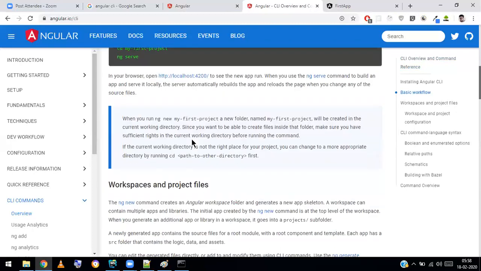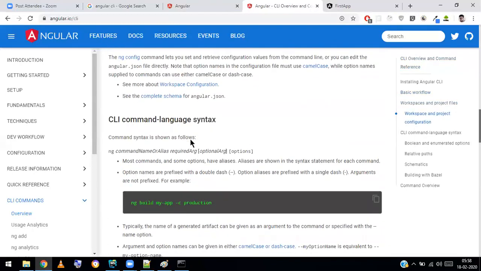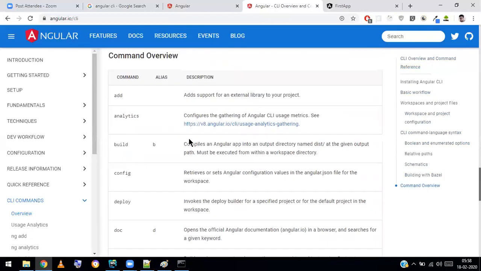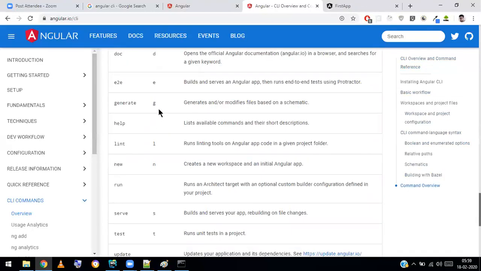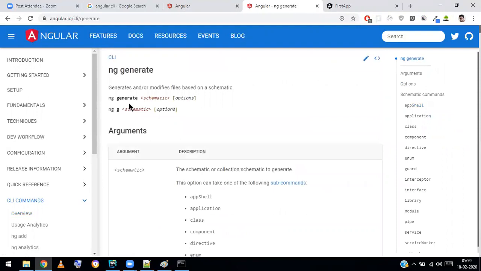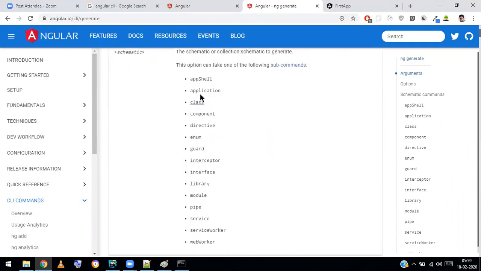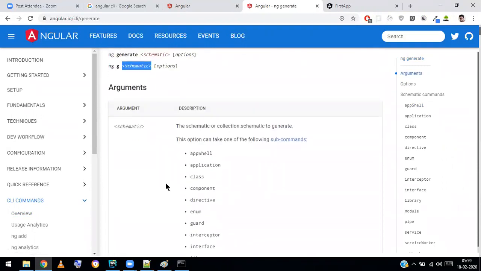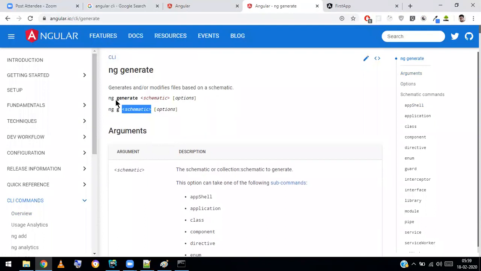Create a build, these are all fine. Some commands are there to generate. See, it generates, adds or modifies files based on a schematic.